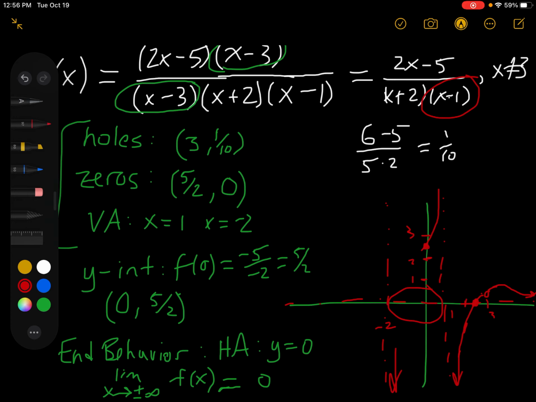The answer is no. If I was going to do that, I'd have to have a 0 that I can see in the numerator between -2 and 1, but I don't. The only 0 I had was at 5/2. That was this point here at 2.5. I don't have any other ones in this interval. So that means this graph in the middle is not going to cross the x-axis in there. So it's going to have to turn back around somewhere and go up toward positive infinity